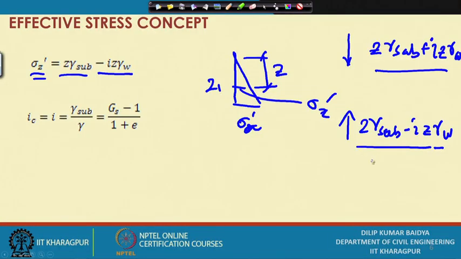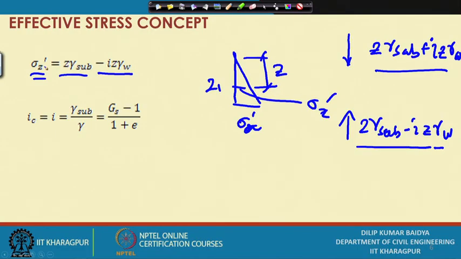Now this decrease can sometimes be so much that effective stress becomes 0. It can happen. In that case, when this effective stress becomes 0, we can say I equal to I c,